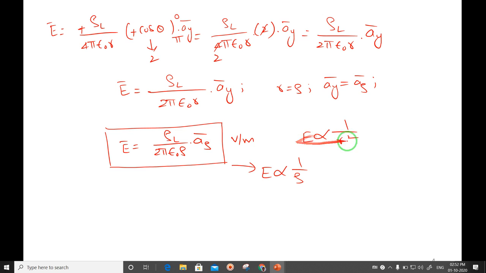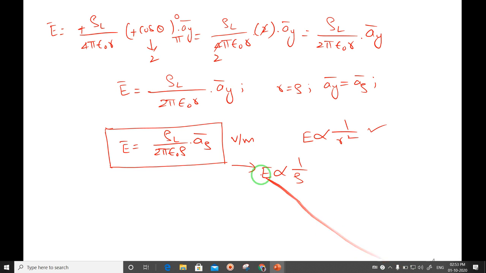So as we move far away from the point charge, the intensity of the field goes on decreasing heavily. But if I move away from the infinite line charge, the intensity of the field decreases, but compared to the point charge, it decreases in a slow fashion, not heavily, right? Because it is not the square of the distance, it's just inversely proportional to the distance. But for the point charge, it is inversely proportional to the square of the distance. I hope you have understood this, right? So this is the derivation of the expression for electric field intensity due to an infinite line charge. The derivation is over. If any doubts, you can unmute yourself and speak to me.